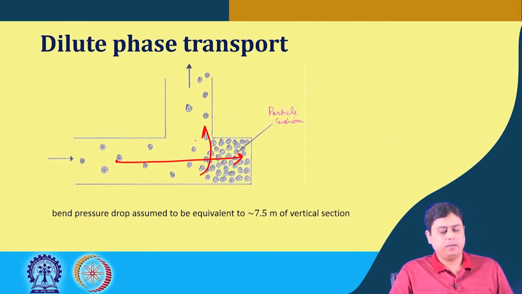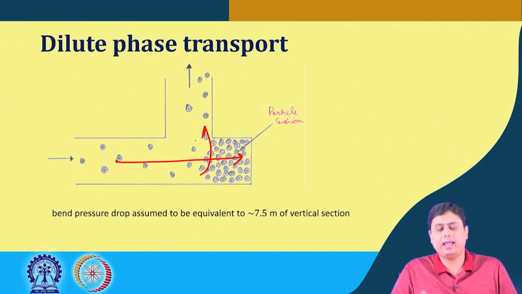Now, a typical thumb rule: while designing a pipeline network, as the bends cannot be avoided, how do we estimate the overall pressure drop through the network? A typical guideline is that the bend pressure drop would be almost equivalent to 7.5 meters of a vertical section pressure drop with the same kind of particles,